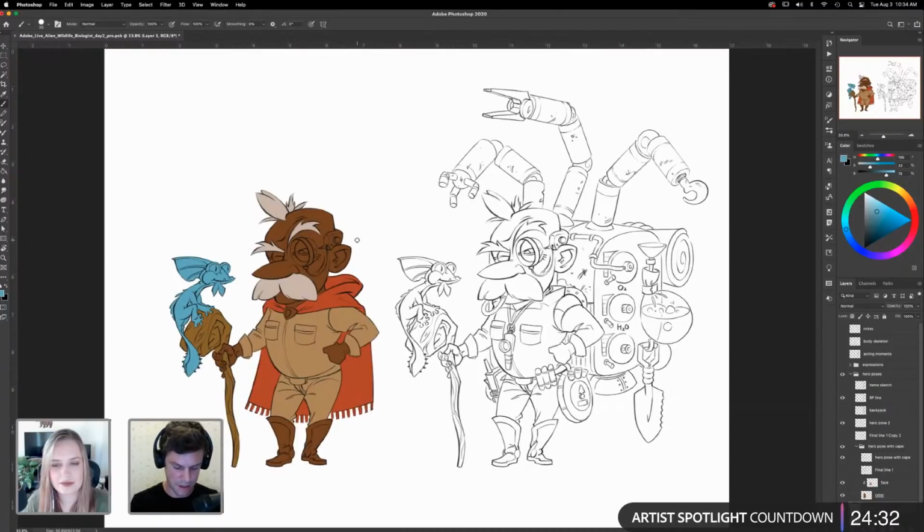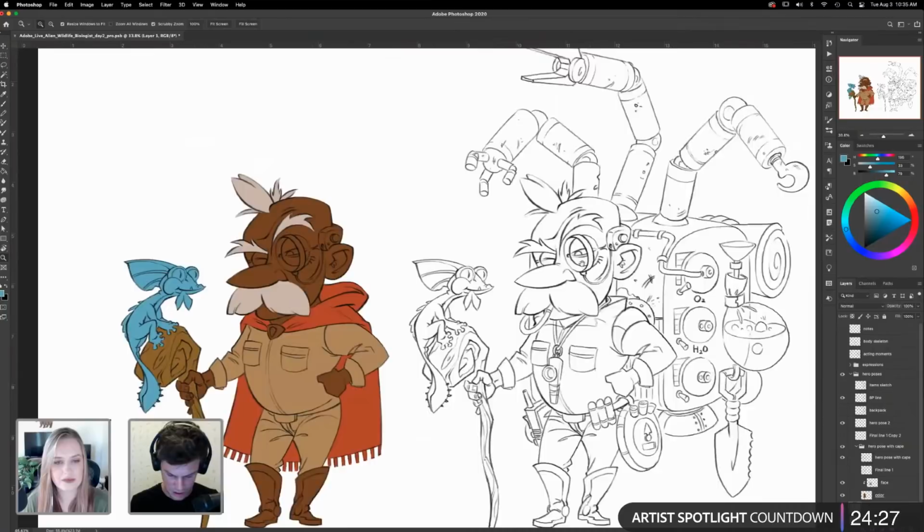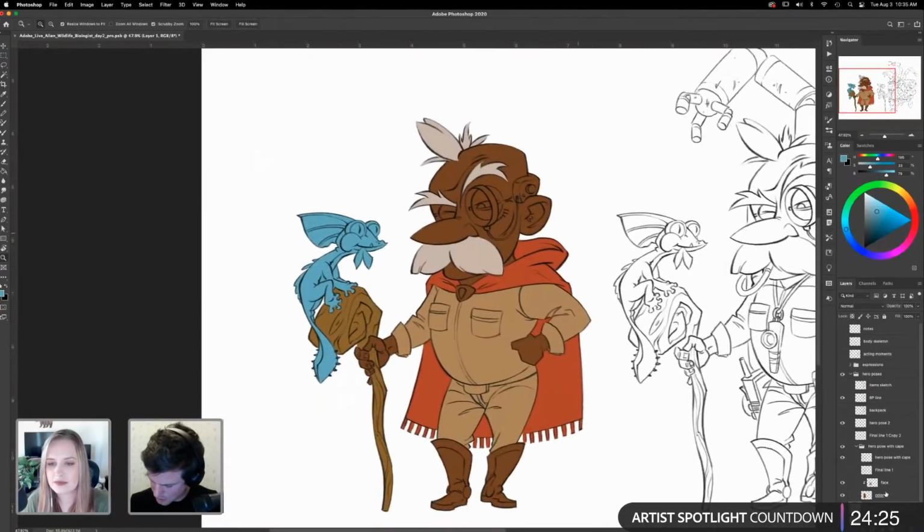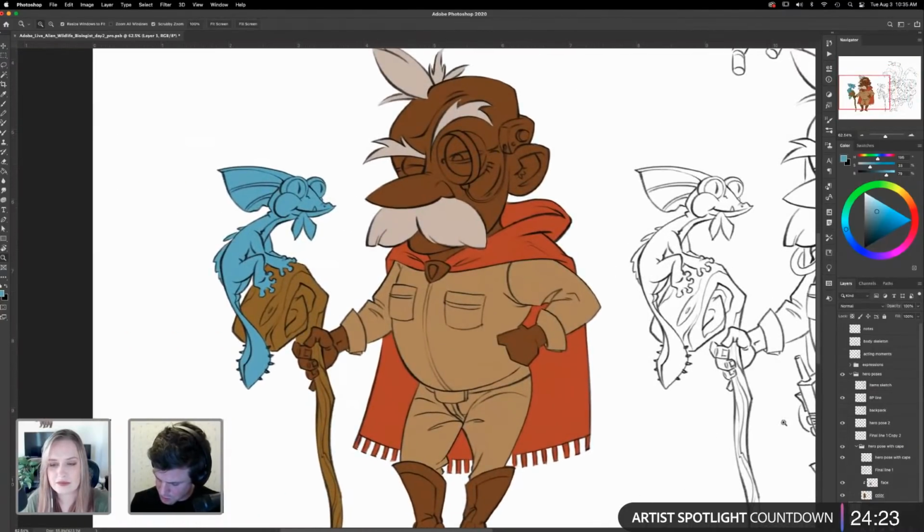But yeah, that's kind of the process of starting to block in colors. And I guess really quick, I'll just show you. So once we have that, I can go ahead and create another layer in that clipping mask.